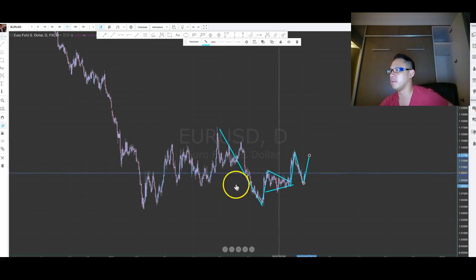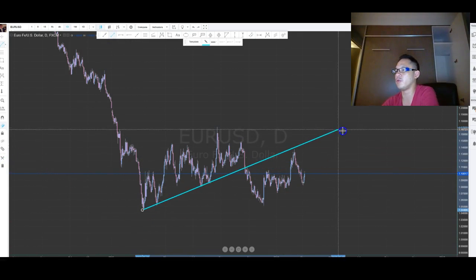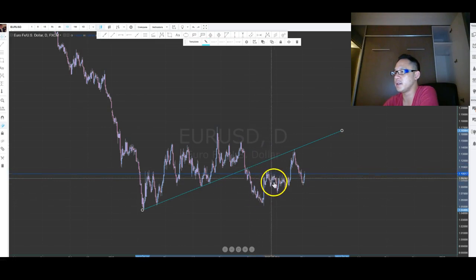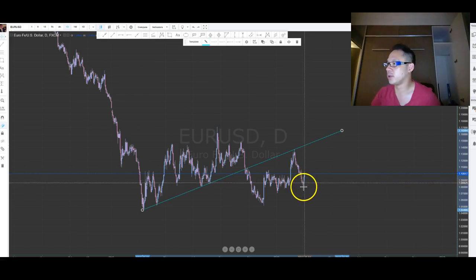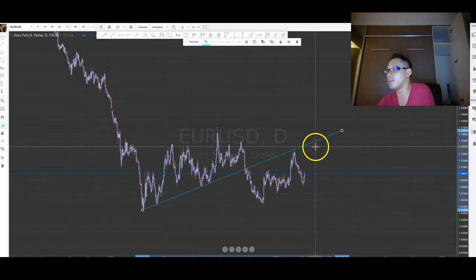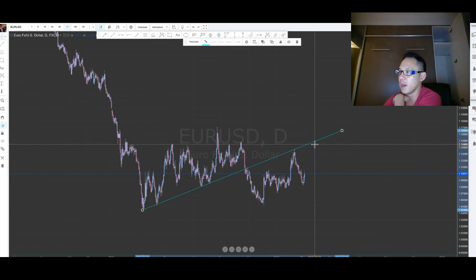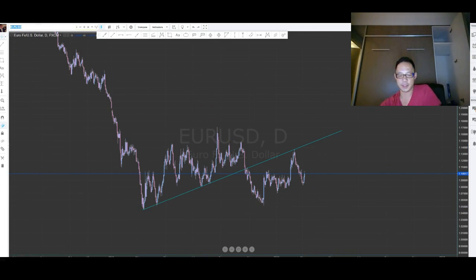So what price has actually done is, I'll draw this. Remember how I drew this last time? What happened was it broke through, came up, didn't retest, did the bullish move, and then got up to retest the trend line and roll over. Once it rolls over, we're looking for it to go back up again to possibly do another retest of the highs or at least the trend line. From there, we most likely see the price start to go down. So that's Euro USD.